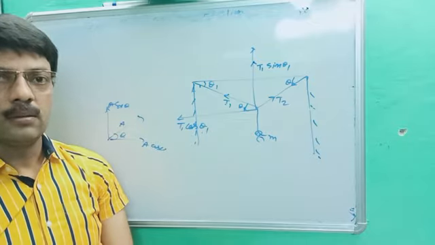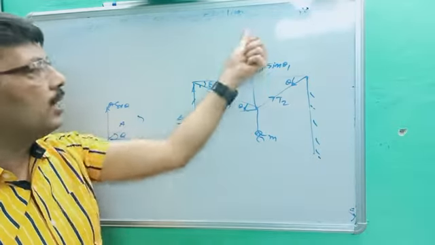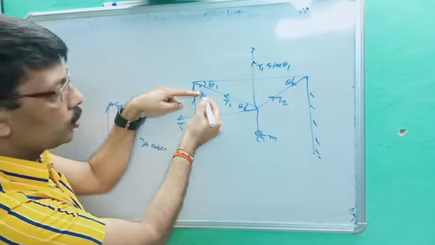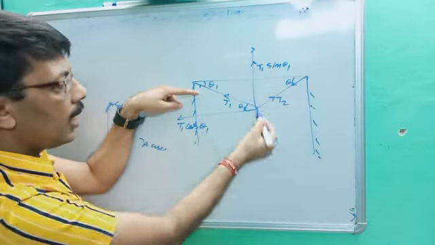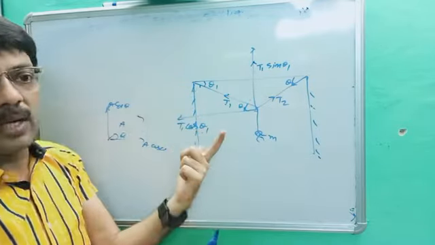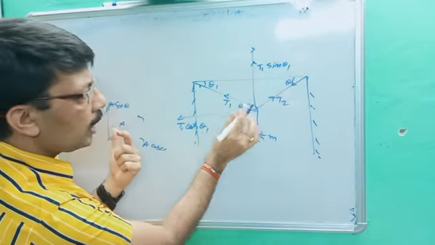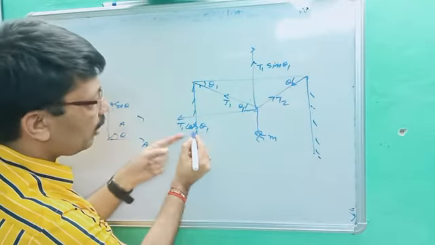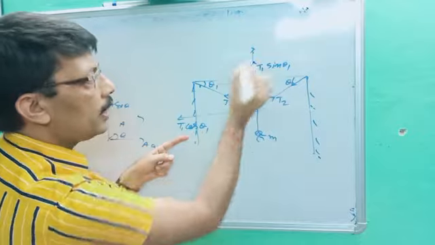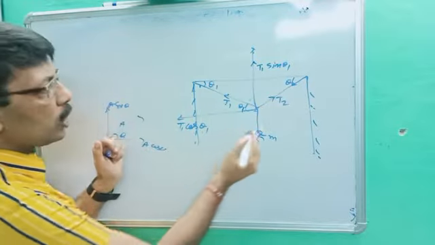Are you getting it, in the x dimension or in the y dimension? If theta 1 is given at that point, it will be cos theta and sin theta. You can change the value. But here, theta 1 is touching that point, so it will be cos theta because this is the base and this is the perpendicular. In the same way, we have to resolve T2.